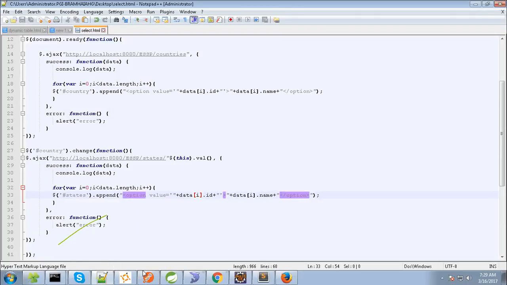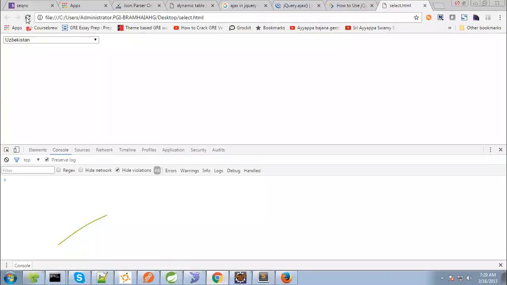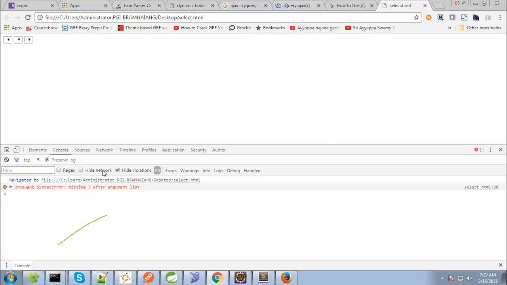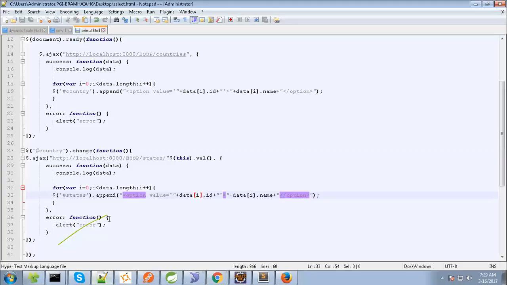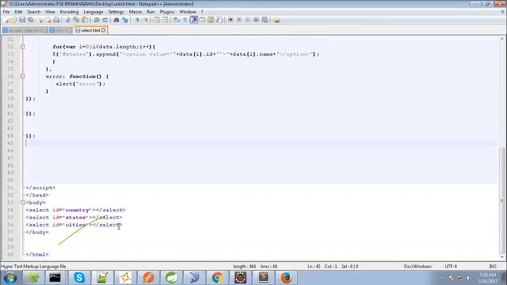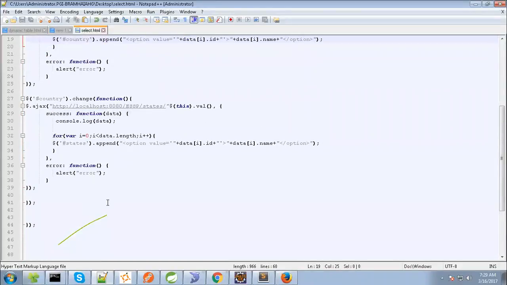That's it. Just see the output again. Function. Let's go. Here also we need to concatenate,